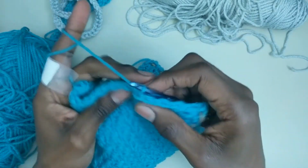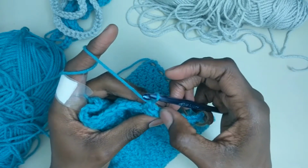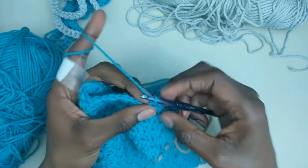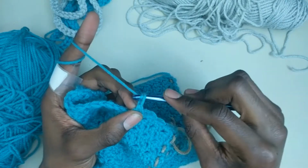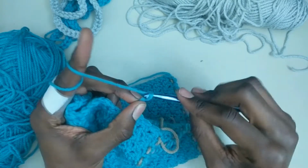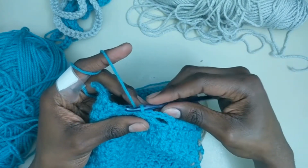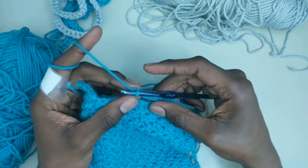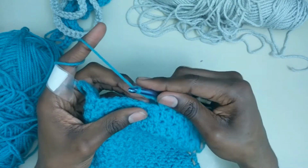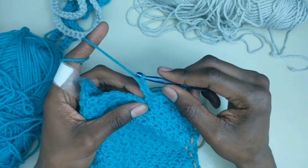So we've gone 10 stitches in, 1, 2, 3, 4, 5, 6, 7, 8, 9, 10. And now I'm just going to chain 4. 1, 2, 3, 4. And frankly, if you think this is going to be too big, because this is actually going to be basically a buttonhole, so if you think that this is going to be too big, you can just